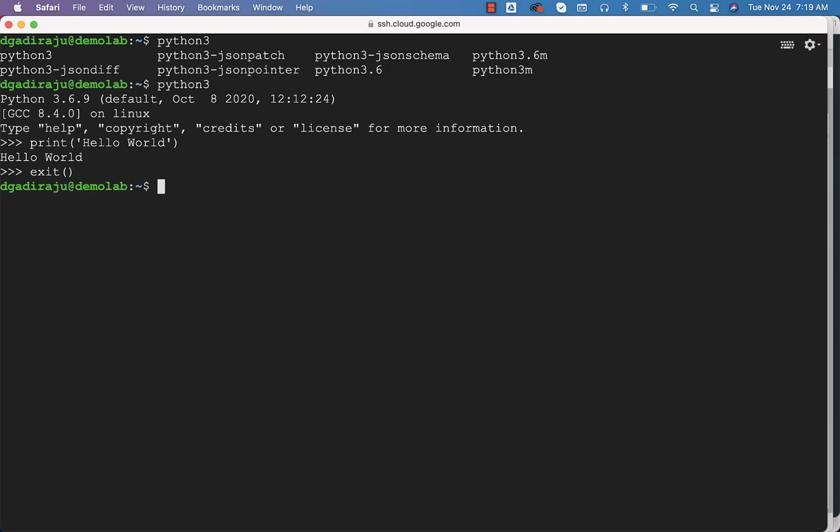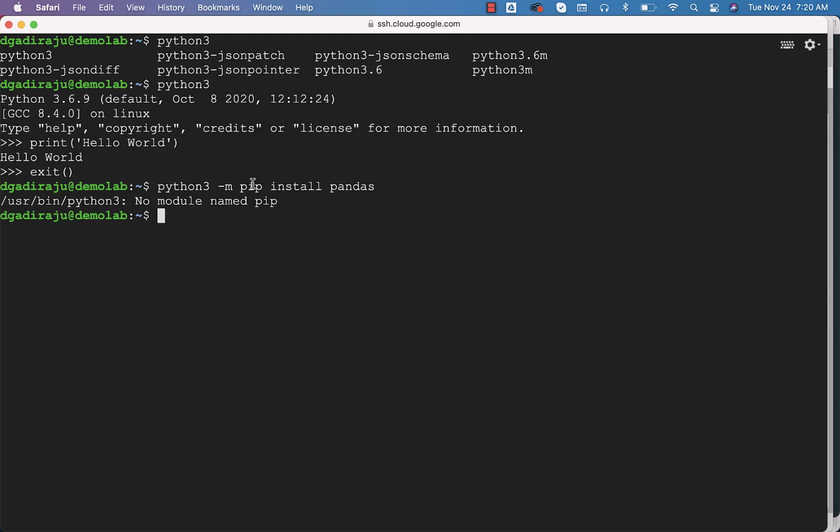Once you come out of this, you can validate whether we have other important libraries such as pip and venv along with Python 3. For that, you can just say python3 -m pip install and we can install the libraries which we are interested in. Let's take the example of pandas and hit enter. You can see that it is saying no module named pip, which means only core Python 3 is installed on this. Even important libraries such as pip are not available.